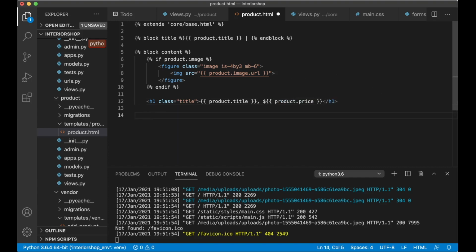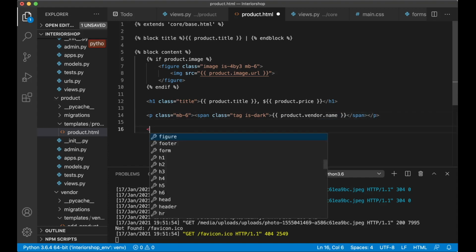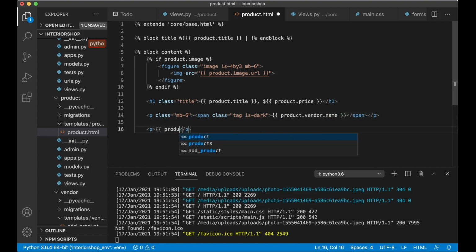Below there we want to show a tag to show who the vendor is, so p class mb6 span class tag is dark, it's a dark tag, product.vendor.name. Later we're going to make it possible to click on this so you can see the detail page for a vendor. The product.description,